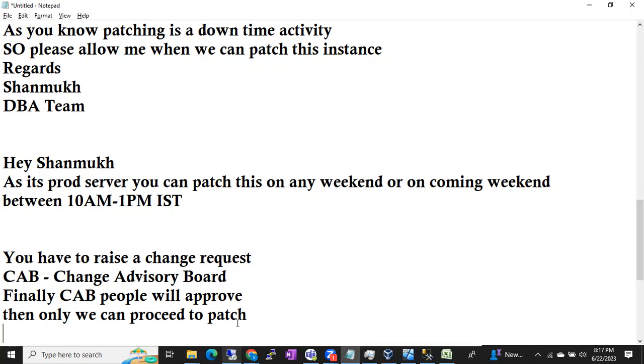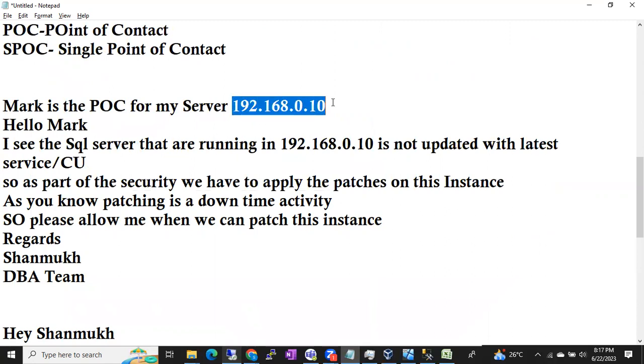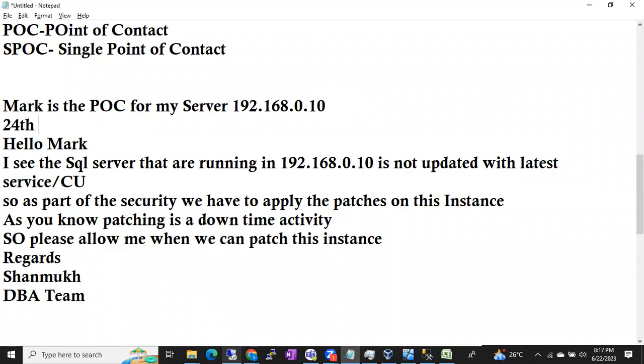Shanmugh, I have one. Yes, please. There are different teams to update their own systems, Windows team for Windows, network team for network, right? Correct. Like if all stick with the same date, what will they do? Very good question. No, they don't allow you to do that. When raising the change request itself, there is a field called conflict. Automatically your system will detect it. Say for example, you are patching the server 192.160.0.10 on 24th Saturday